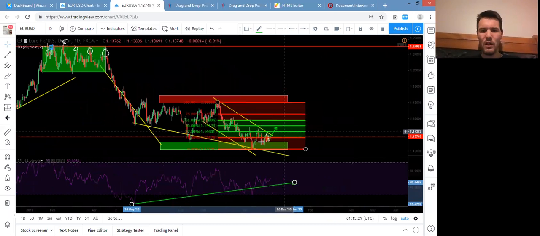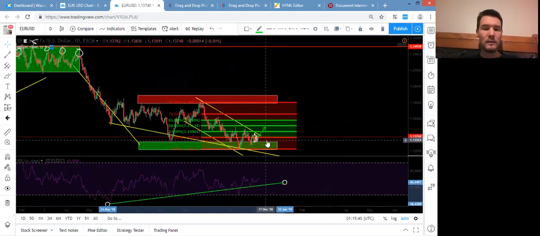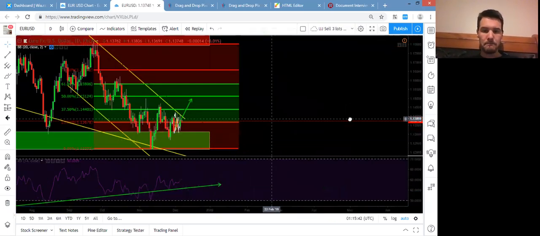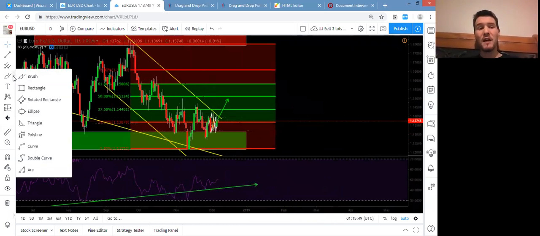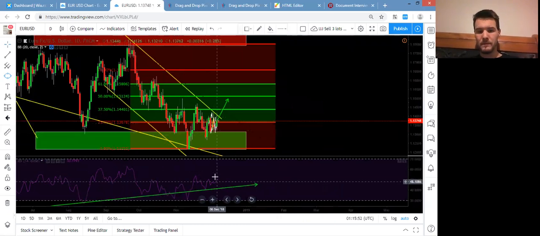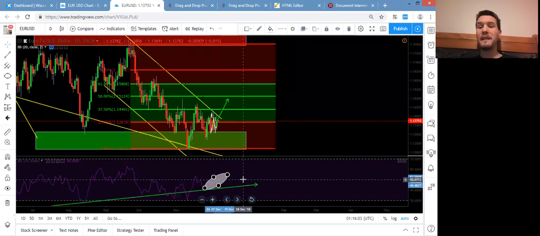If we take a closer look, I'm seeing some consolidation here near our support zone. You see how I drew support and resistance there? I'm seeing a lot of consolidation down here right now near support. Now, what I'm also noticing is if I take a look at the RSI, right now, let me move this a little bit. We're at about the 50 level. What that indicates to me is that we're getting ready for our upside move,